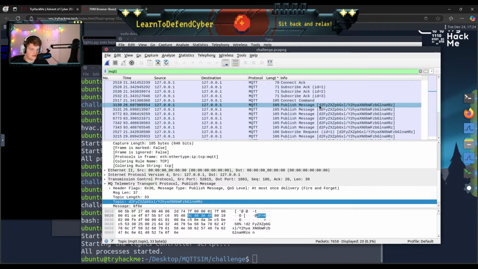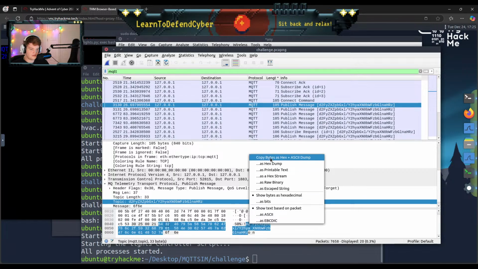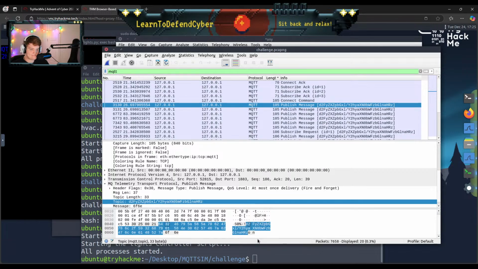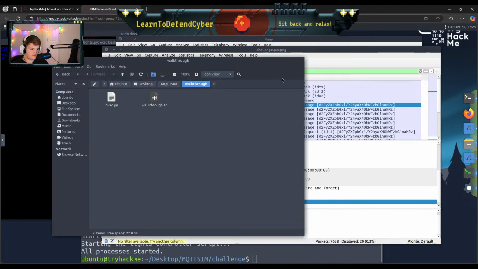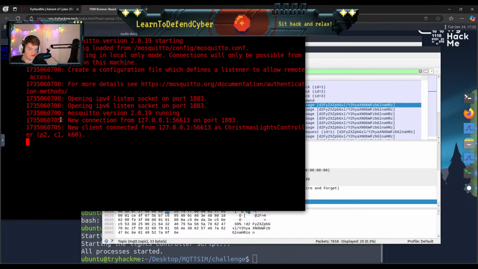D2, bunch of nonsense. Theoretically, I should be able to just copy this, right? Can I copy this? Control-Shift-C maybe? Remember, our red one is this broker, right? Did that copy? Not seemingly.